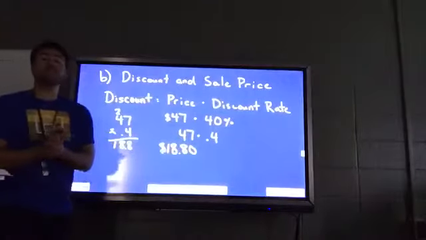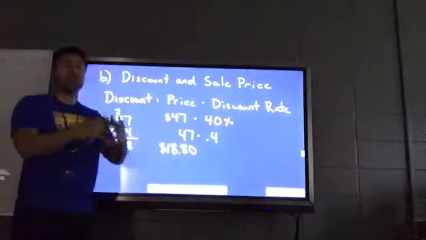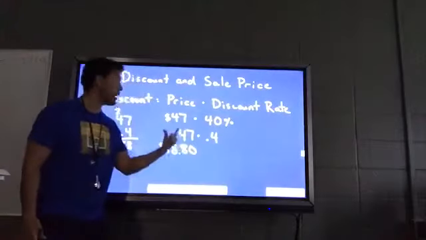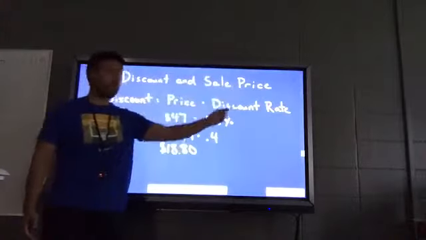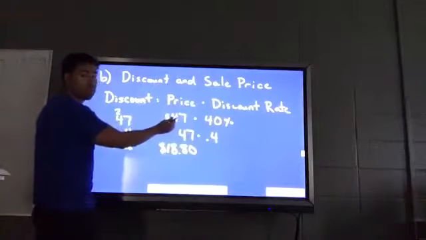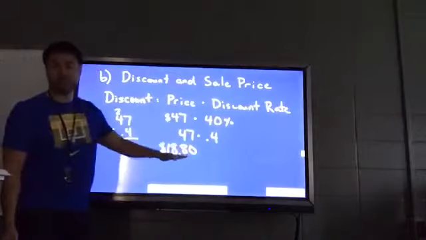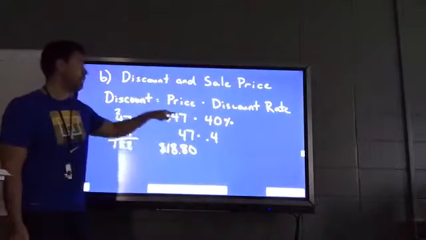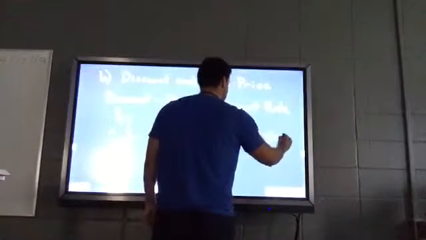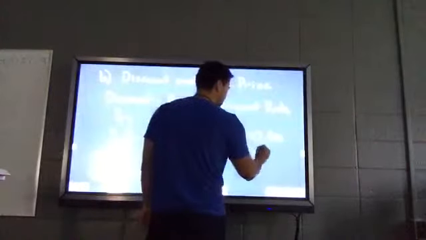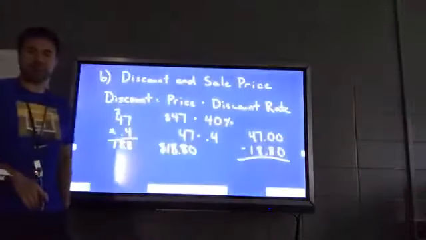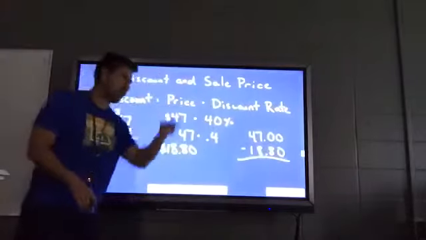So if I want to find the sale price, how much I'm going to pay, this is how much I'm going to save. That's a discount. I want to know how much I'm going to pay. What do you think you do with that $18.80 and the original price of $47? If this is how much you save, how much are you going to pay? $47 minus $18.80. Whereas the last problem we're adding, this time we're subtracting because the price gets knocked down